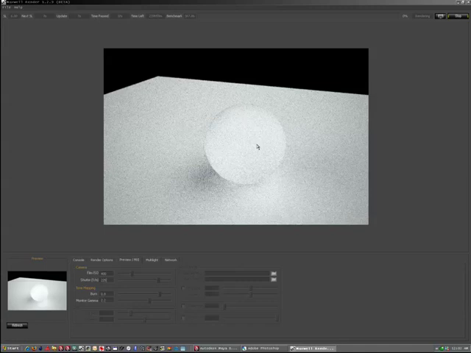What intensity are you using for them? How close are they to the sphere? What's your f-stop on the camera? There's a number of things that are going to change this exposure, so you're going to have to calibrate it yourself. Now, what I did is I took the time one day to just go ahead and